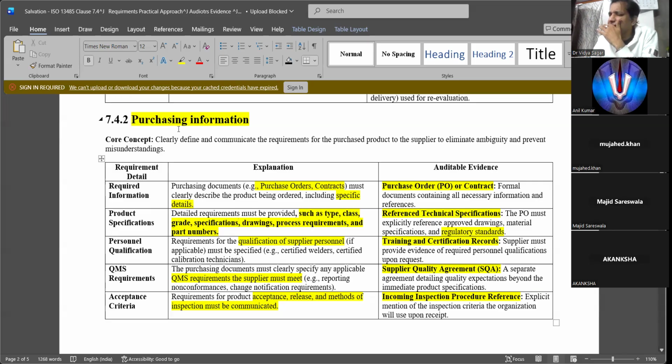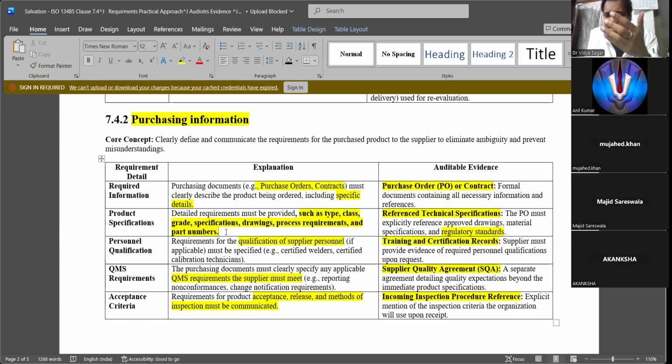You will be very acquainted with the mean and average, that it should be 7 or 8 mm, 9 mm, or some weights, 8 grams or 8 milligrams. But you need to be very careful with the standard deviations, drawings, process requirements, and part numbers. Part numbers are mainly for medical equipment, because every part has a number. When you combine every part, you should know which part number you are purchasing, because it has to be replaceable. No equipment will last lifelong. So the part numbers will be replaced.